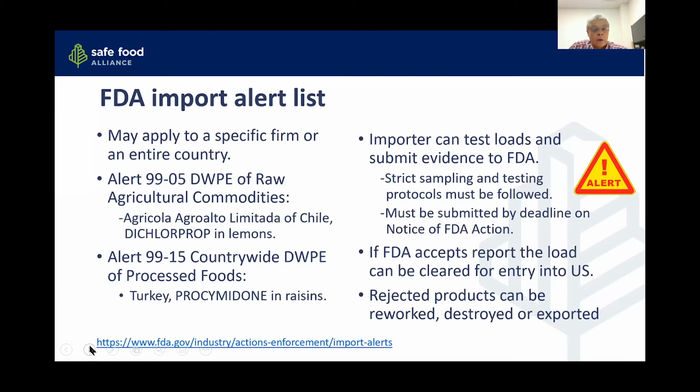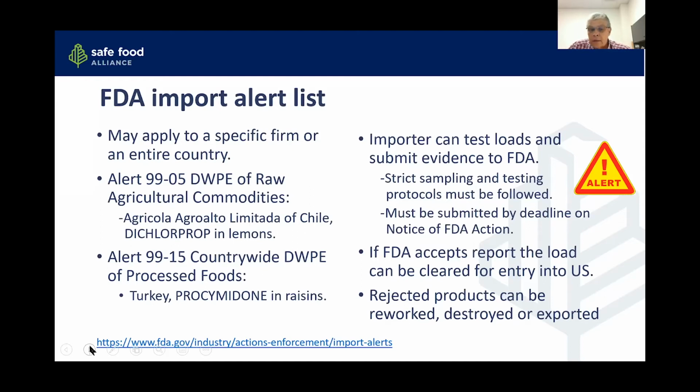So what happens if there is an import alert list or detention without physical examination citing for your supplier? You have some options. The importer can test those loads and submit that evidence to FDA. Now, the FDA typically spells out what type of sampling and testing protocols have to be followed, and then that must be submitted by a deadline that is listed on a notice of FDA action. And FDA will typically issue a notice if a load has been held and put in detention without physical examination to that consignee or the importer, telling them that this is happening. If the FDA accepts the report that's done on that load, it can be cleared for entry into the United